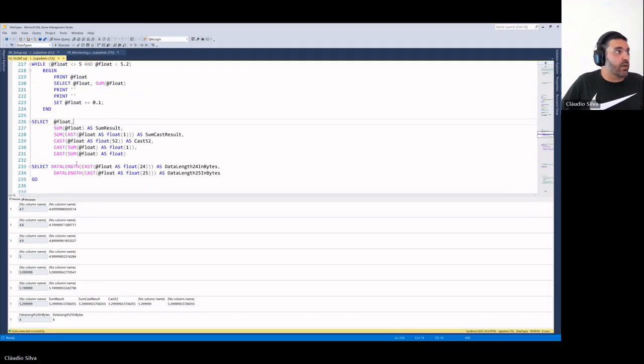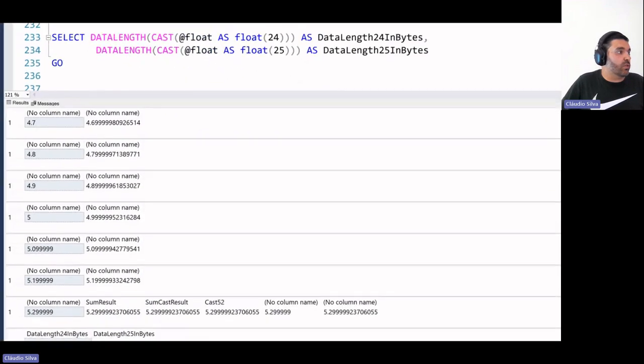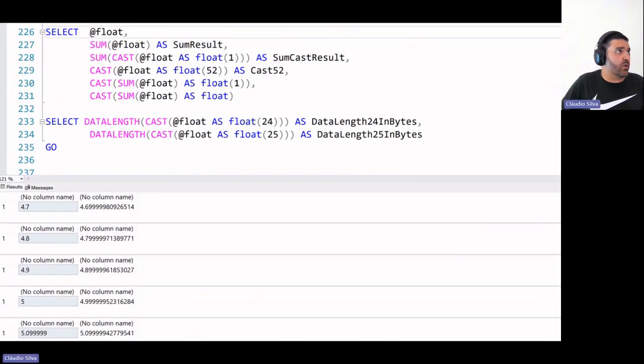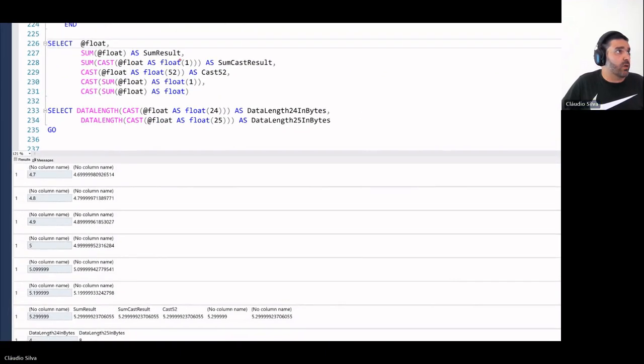So another quick thing to remember here is that depending on the precision that you are using, so if it is 52, if it is 1, you can see quite different numbers because of the truncation of this number.